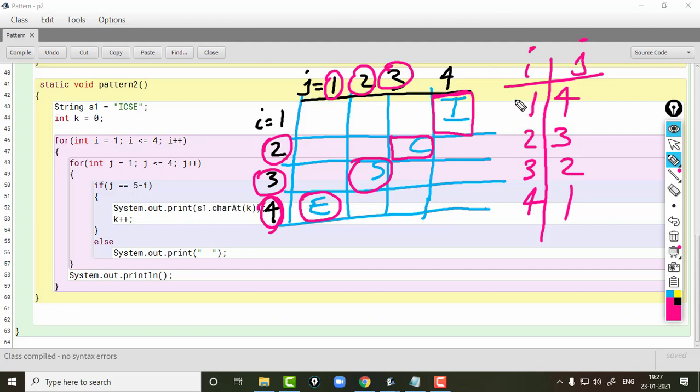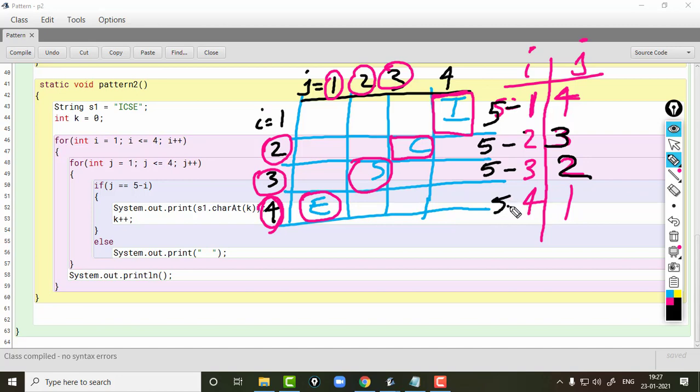We'll try to see a pattern here. If the value of i is 1, then the value of j is 4. That means if I do 5 minus 1, I'll get 4. Similarly, if i is 2, if I do 5 minus 2, I'll get the value of j, that is 3. If I do 5 minus 3 here, I'll get 2.